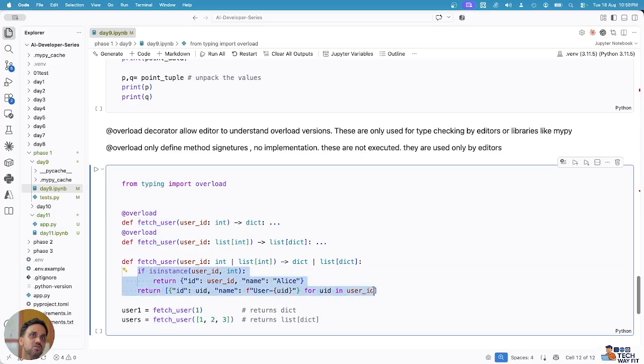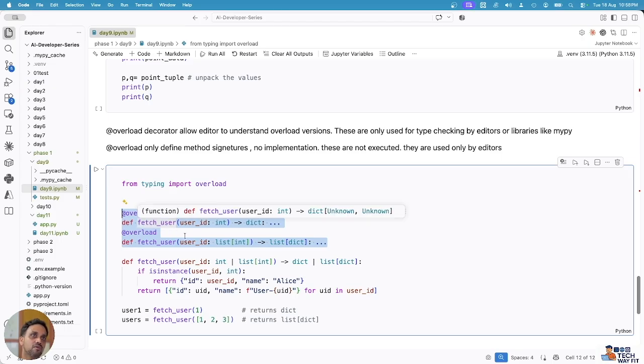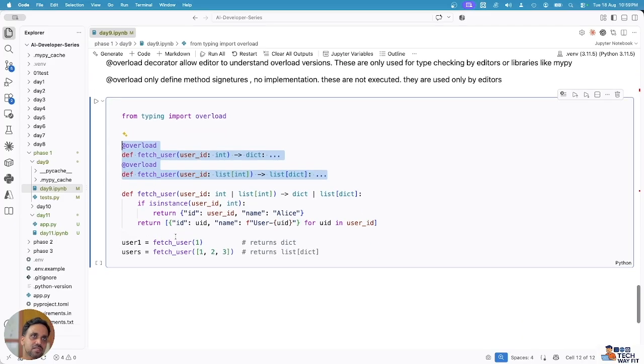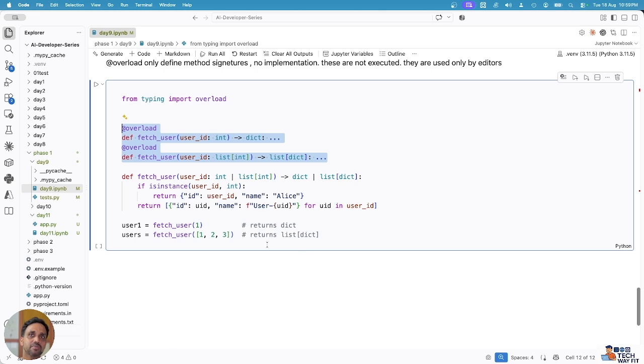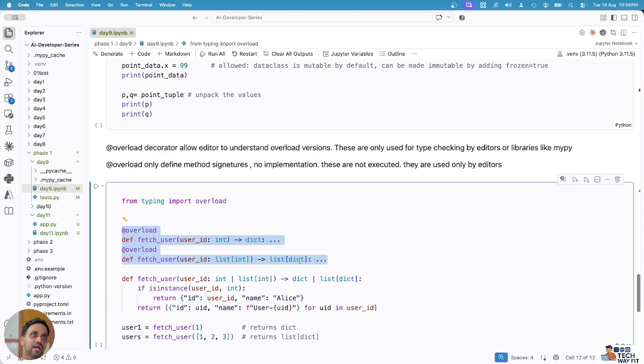Now your application code should handle it. The overload parameters or overload types that we define for a method are only for editors, or, let's say, mypy or Pyright packages that do static analysis. So that's pretty much all about static analysis, or static typing, and how to ensure